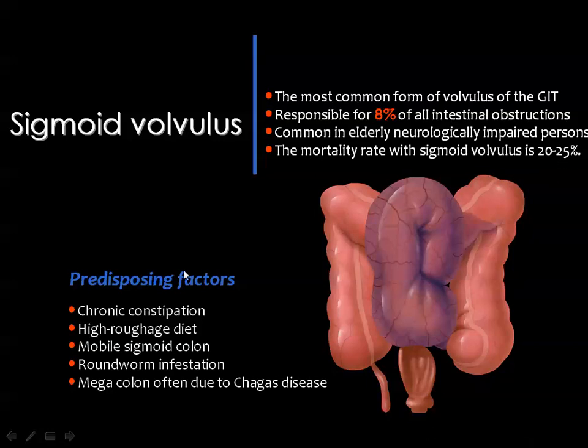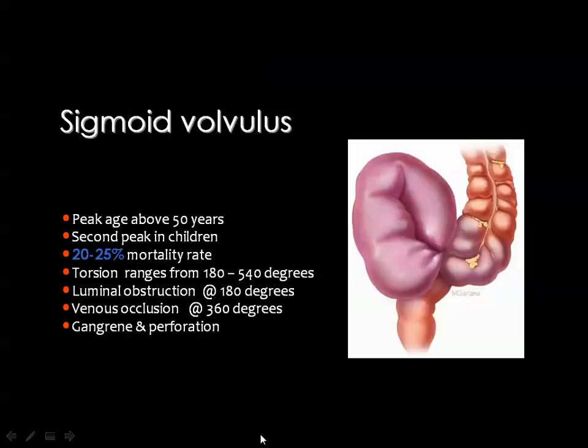These are the predisposing factors: chronic constipation, high rough diet, mobile sigmoid colon, roundworm infestation, and megacolon, often due to Chagas disease, for example. Then the age incidence of this sigmoid volvulus is around 50 years, and sometimes it may be seen in children, and as I have mentioned, the mortality rate is about 20 to 25% of the